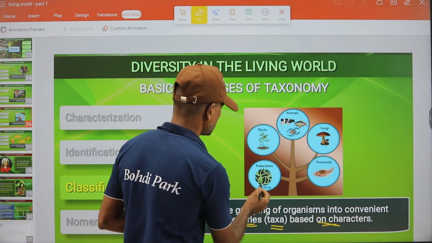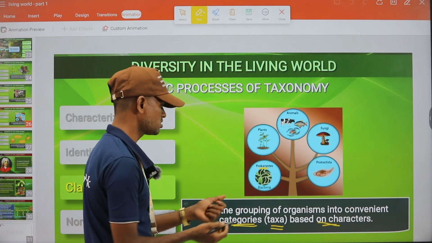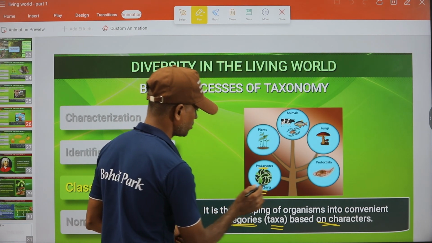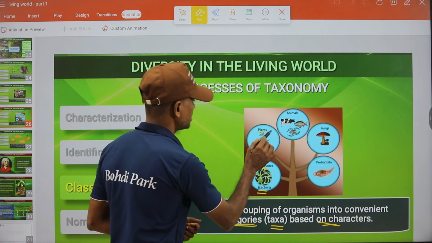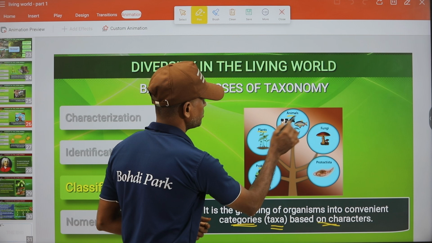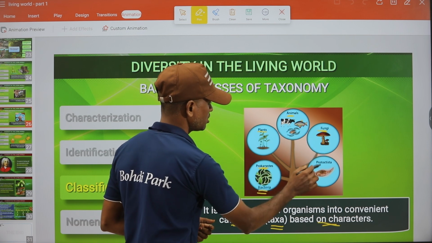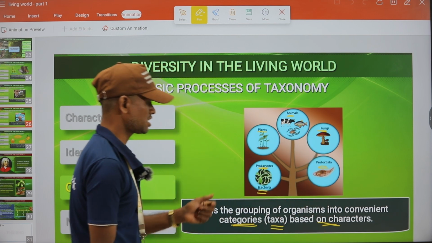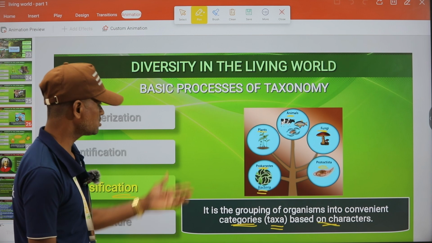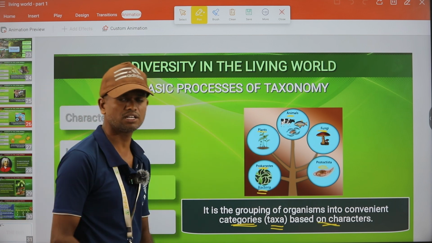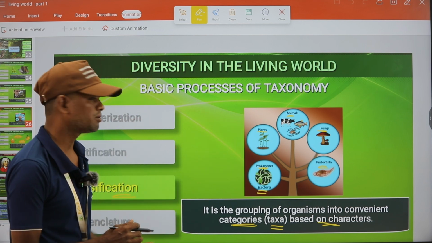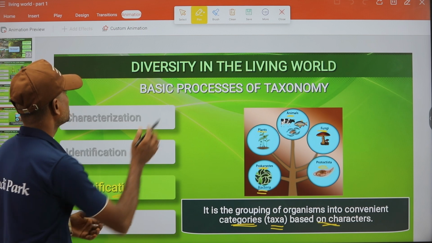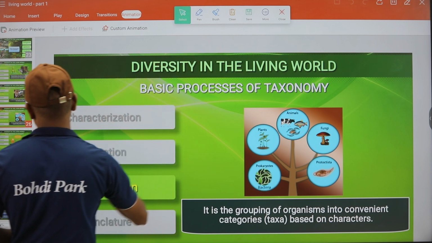So here, for example, if we are going for some characteristic features of an organism, we classify that prokaryotes into bacteria, plants, that is Plantae, animals in the Animalia, fungi in the Fungi kingdom, Protista kingdom. So this is the five kingdom concept we are going to study in biological classifications.